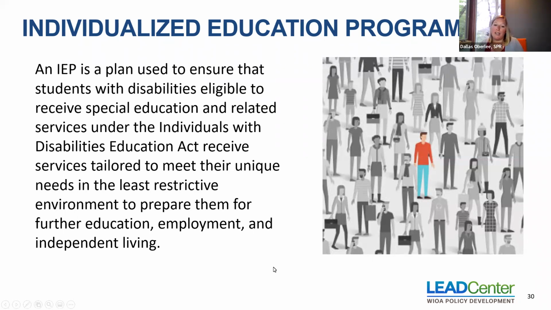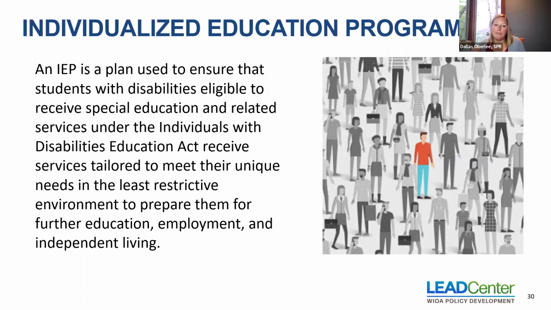And so the definition of an IEP, it's a plan used to ensure that students with disabilities that are eligible to receive special education and related services under the Individuals with Disabilities Education Act receive those services tailored to meet their unique needs in the least restrictive environment to prepare them for further education, employment, and independent living. So to be eligible, the student generally must be between the ages of 3 and 21, have a qualifying disability that would impact their educational performance. And some of those qualifying disabilities are